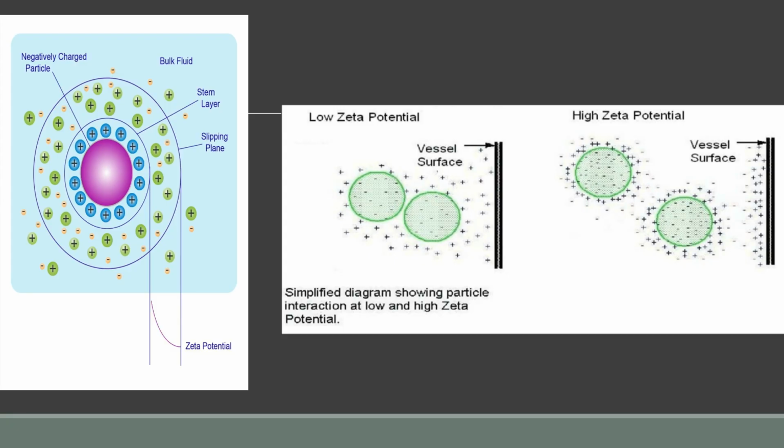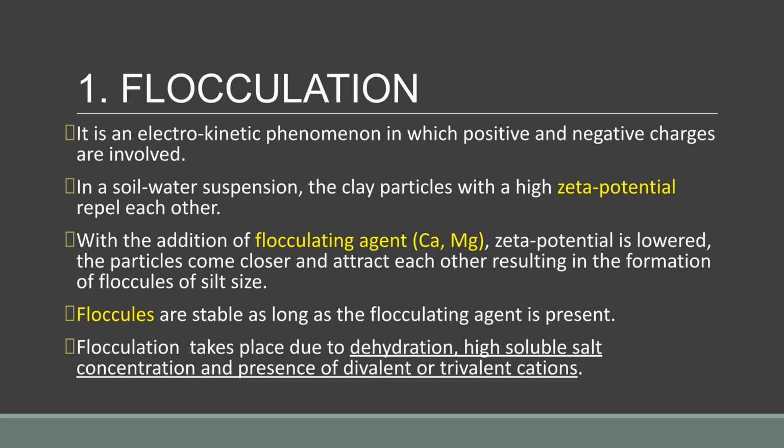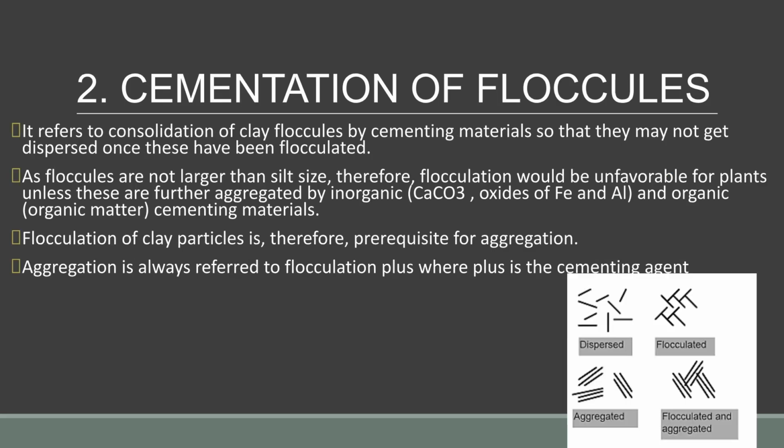This diagram illustrates the concept of zeta potential and how it relates to particle interaction, which is key to flocculation. Flocculation is an electrokinetic process. Clay particles with a high zeta potential repel each other. Adding a flocculating agent like calcium or magnesium lowers the zeta potential, allowing particles to attract and form floccules. The second process is cementation of floccules. This consolidates the clay floccules with cementing materials, such as inorganic oxides or organic matter, preventing their dispersion and leading